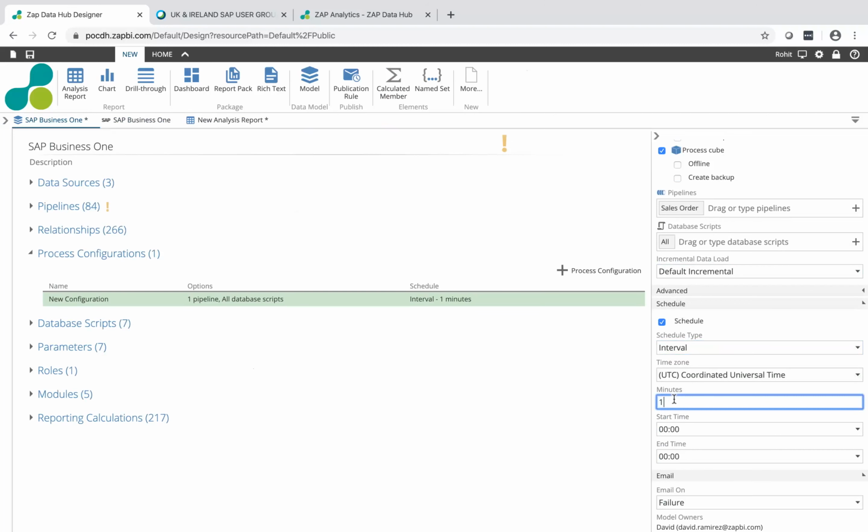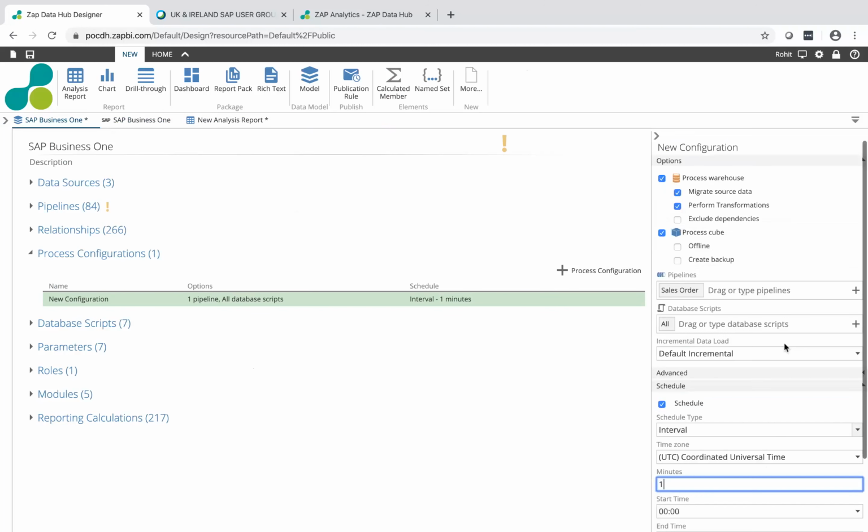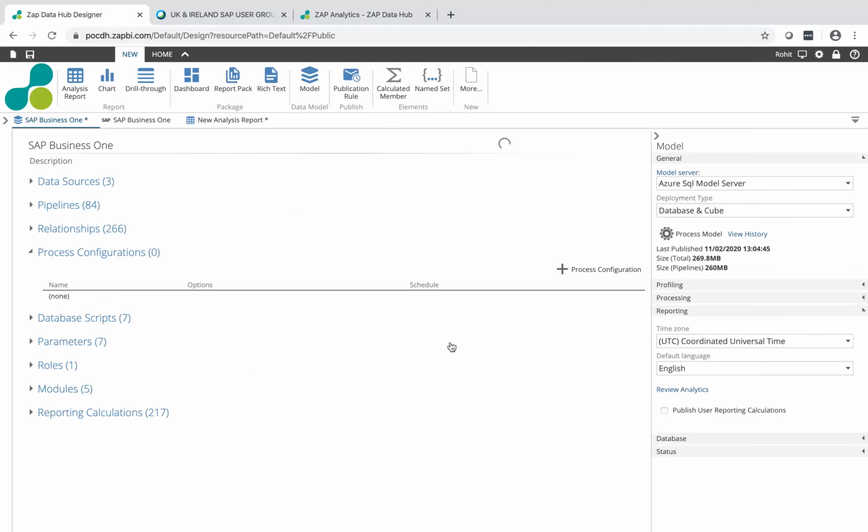But actually, businesses don't need data every minute. A lot of our customers work off data 1 day old, but when they are in busy periods, month ends and so on, they run configurations where every 15 minutes the sales order lines are updated. Every 5 minutes they're updated during month end periods, and so on. So that's your process configuration on how often you want to bring the data.